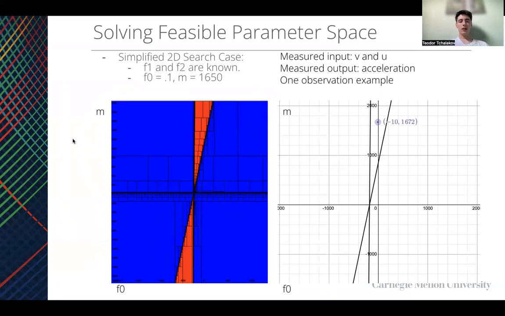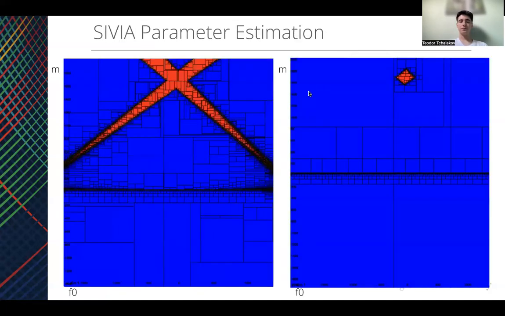So SIVIA solves for this by providing, for one observation instance, a red band that is our set of feasible parameters, which are the result of measuring the input to our system, the velocity and control, and then assigning them bounded uncertainties, and then comparing this to the acceleration, which also has a bounded uncertainty. Then, once we have two observations at a minimum for this example system, we can make it determined and see that we have the intersection of these two observations,